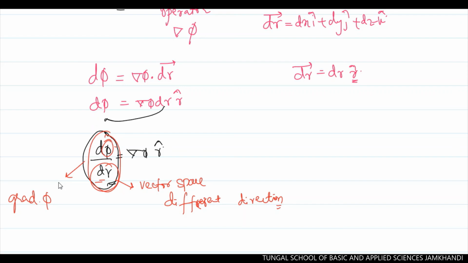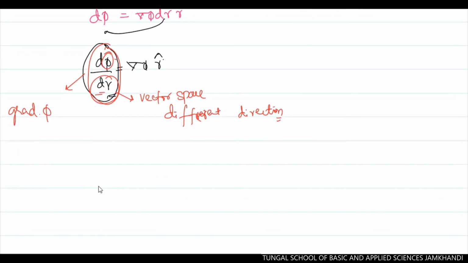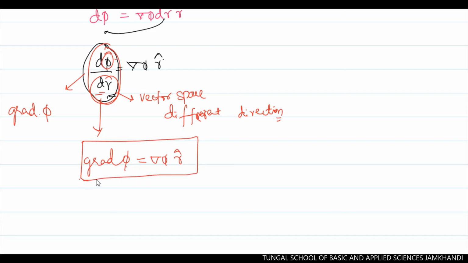Now I can write this d phi by total, that is not the dou, it is a dou. It is not a partial, it is a full derivative, that is nothing but a d phi by dr can be written as a grad of phi. Grad phi is equal to del phi into r cap, because del is an operator, we already know. Phi is a scalar function, so it's about a magnitude.